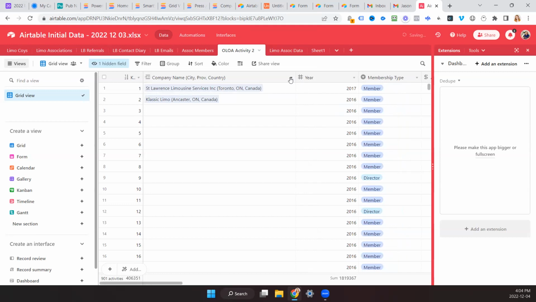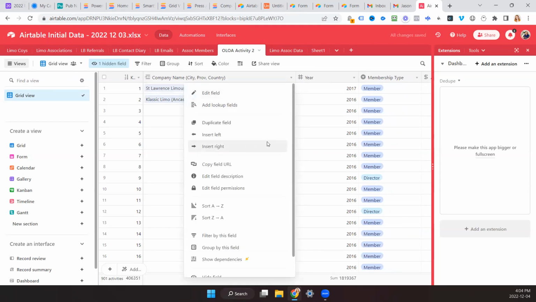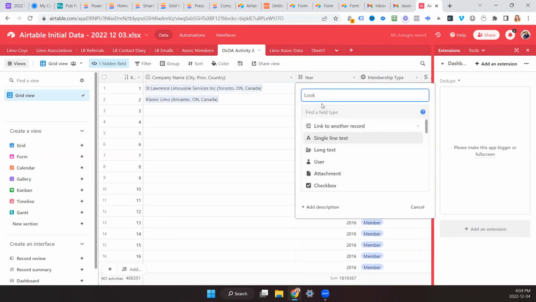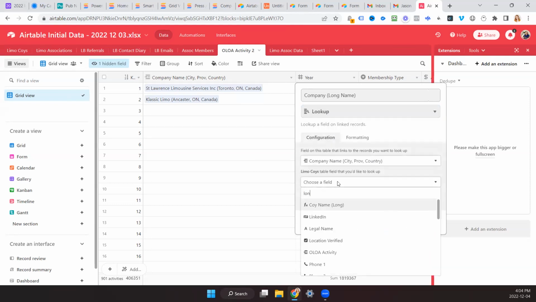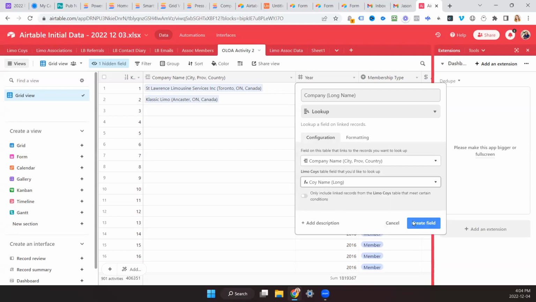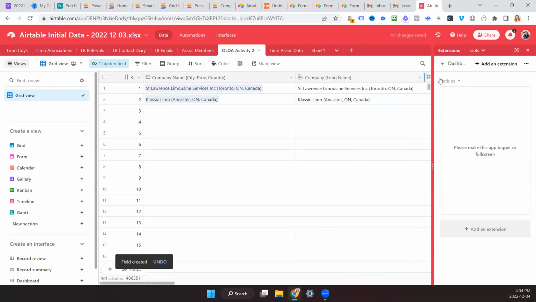Okay, so we're going to look it up. The long data name, right? I know how to do this for new records. I just want to capture the old records so I don't have to retype 1,000 records in. As soon as I make that field a link field, it wipes out all the data. So not like this. You don't want to just look it up.